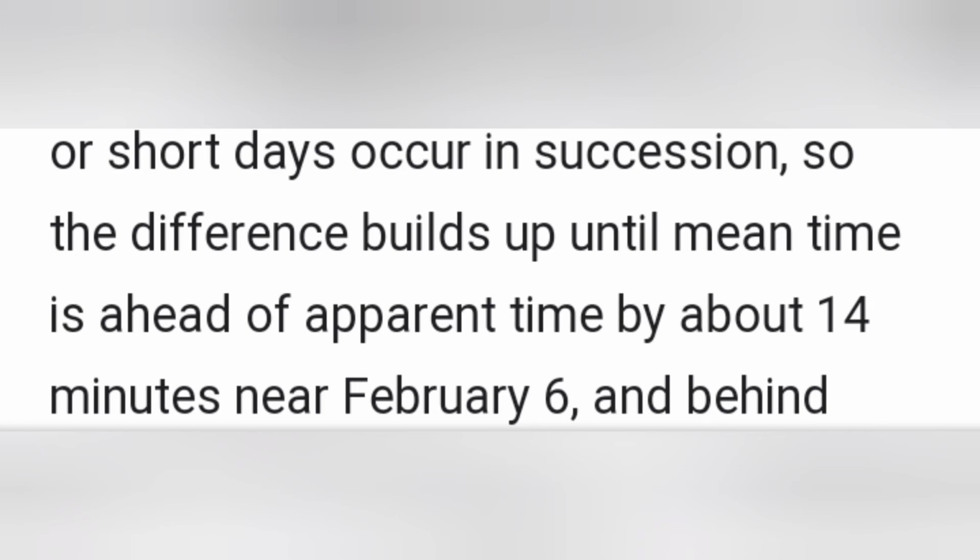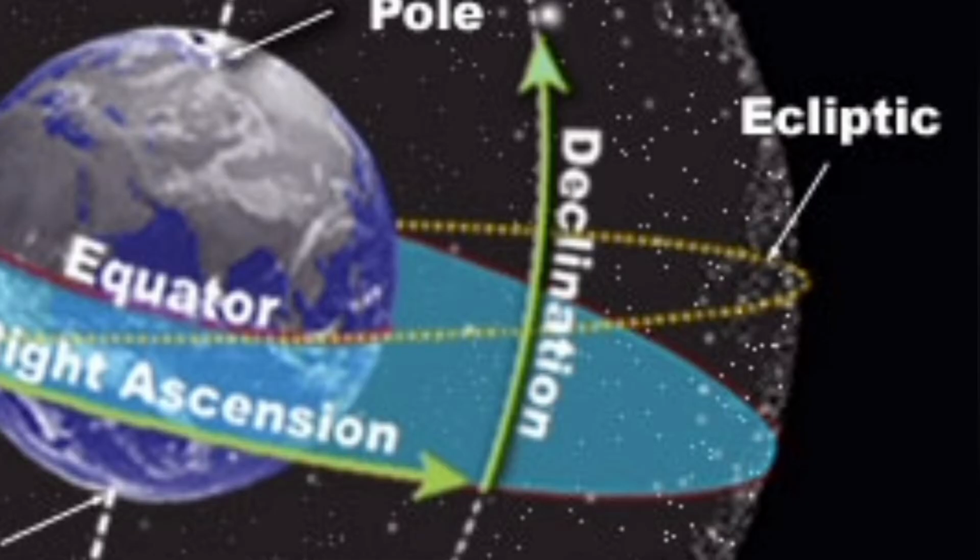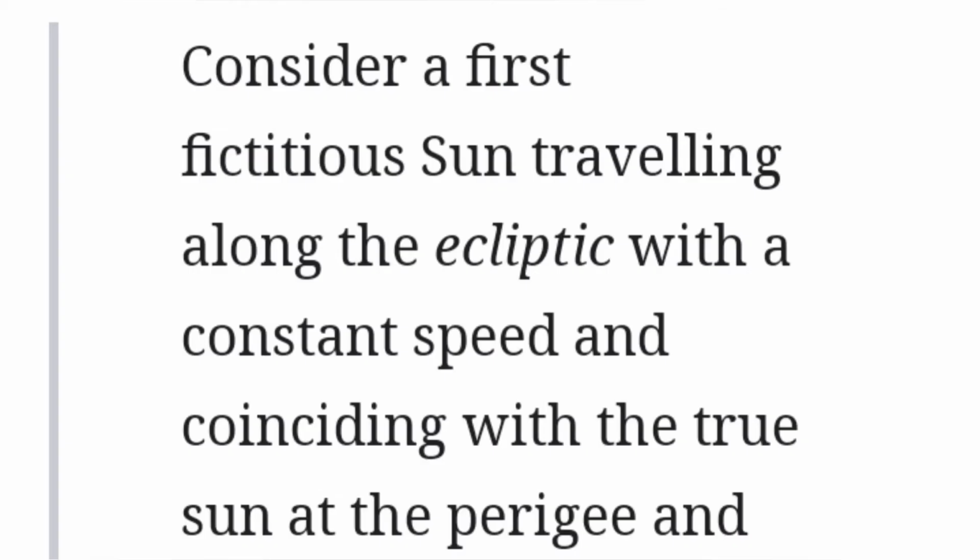Sorry, I'm just reading everything I found. I'm not making any of this up. Consider a first fictitious sun traveling along the ecliptic. And that's the ecliptic there on the celestial sphere. With a constant speed and coinciding with the true sun at the perigee,